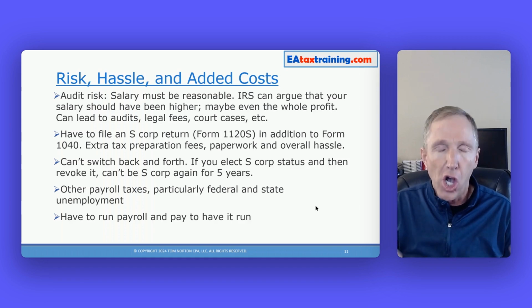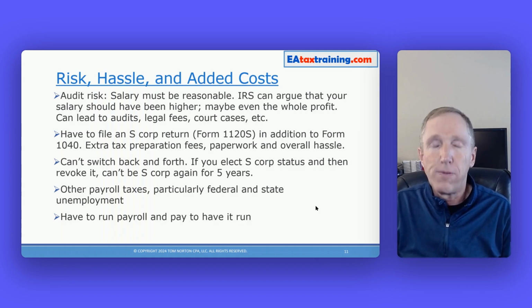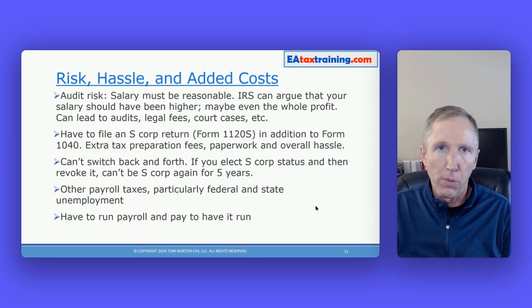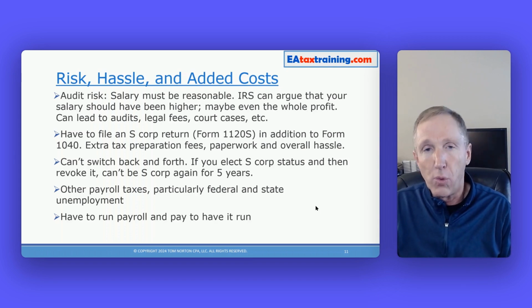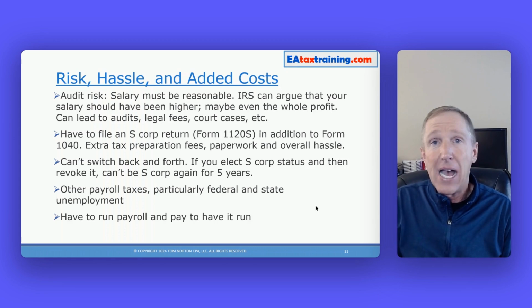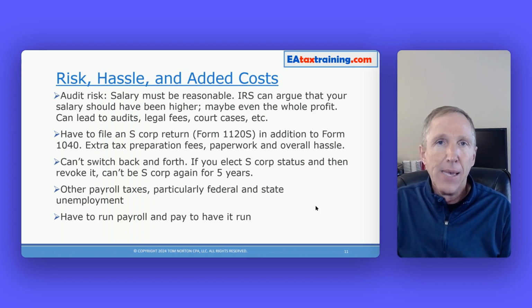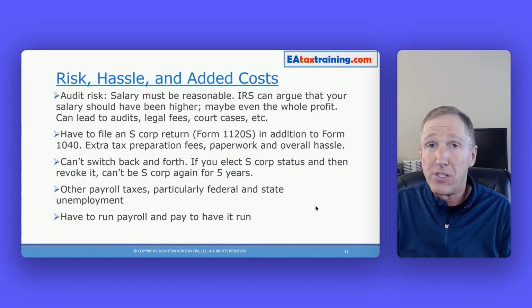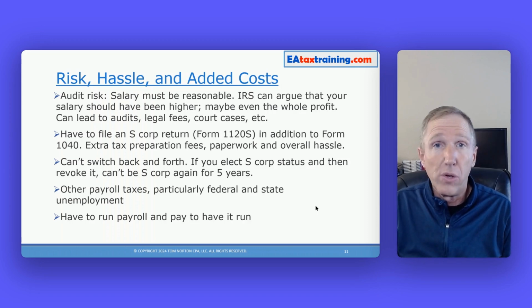Now we get into the extra costs and the extra hassles. Once you make an S Corp election, you now have to file a separate tax return. In addition to your 1040, you now have to file an S Corp return, a Form 1120S. And this is more complicated than a regular 1040. So you're going to have to pay a tax advisor to do it for you. Now, how much you're going to have to pay, well, that's going to depend on where you live and your particular tax advisor, but you're probably going to have to pay at least $500. It could even be $750, $1,000, or even more,